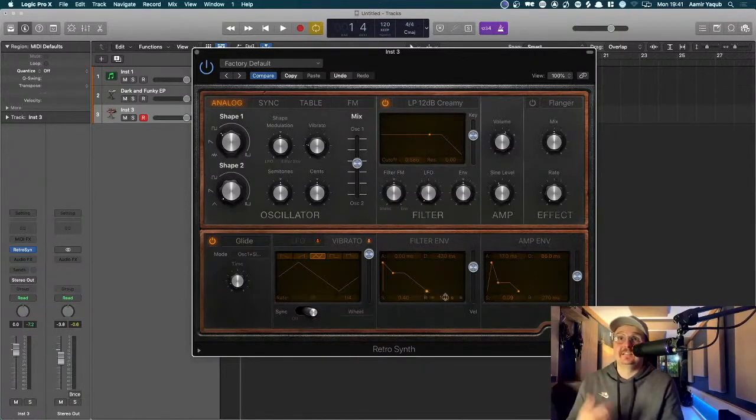So in this case, my filter is controlled by my filter envelope. What that means is that I will be able to control how quickly the filter takes effect. So at the moment, actually I'll reset this, that was my old synth sound, right? So what I can do here is the more I push into this,